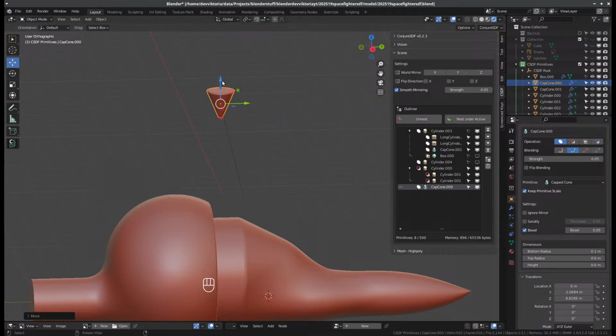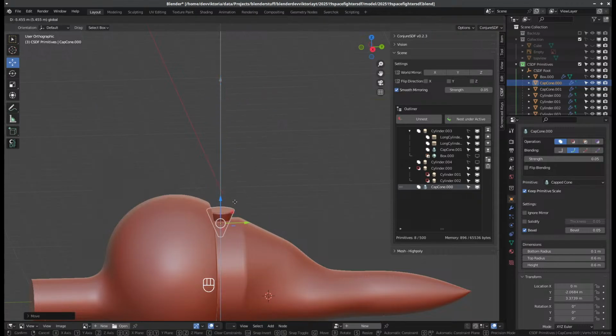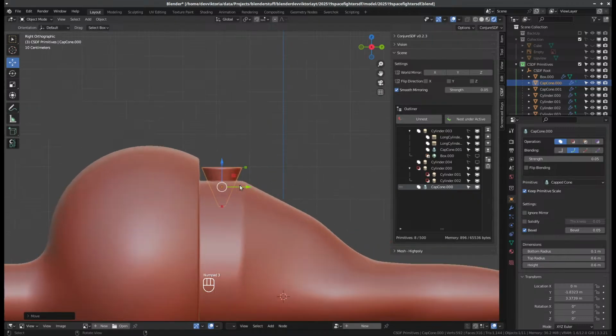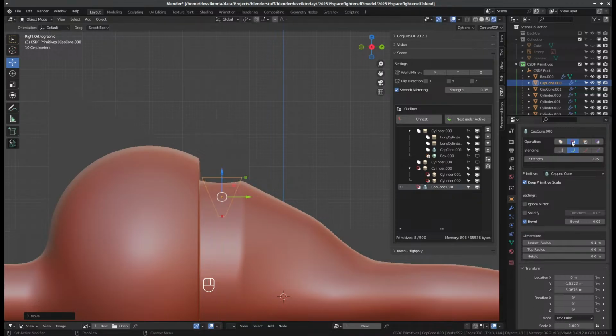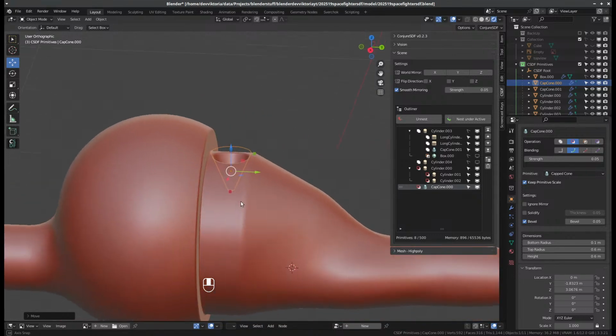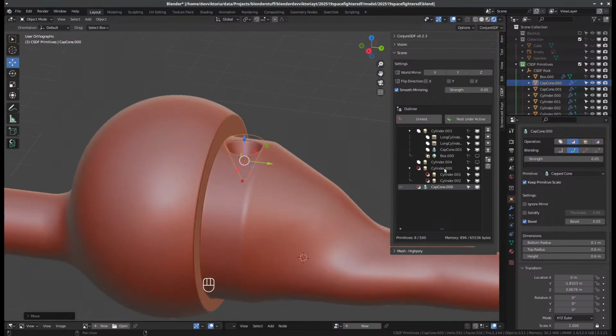Let's see how this works. It may not work as well as I think it would. Let's make it a negative shape. Oh yeah. We've got a nice thruster form, but I'm worrying that this